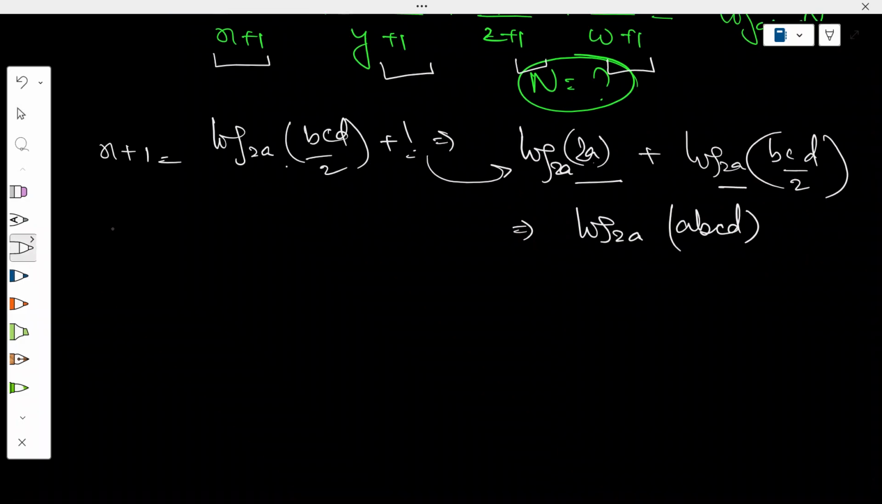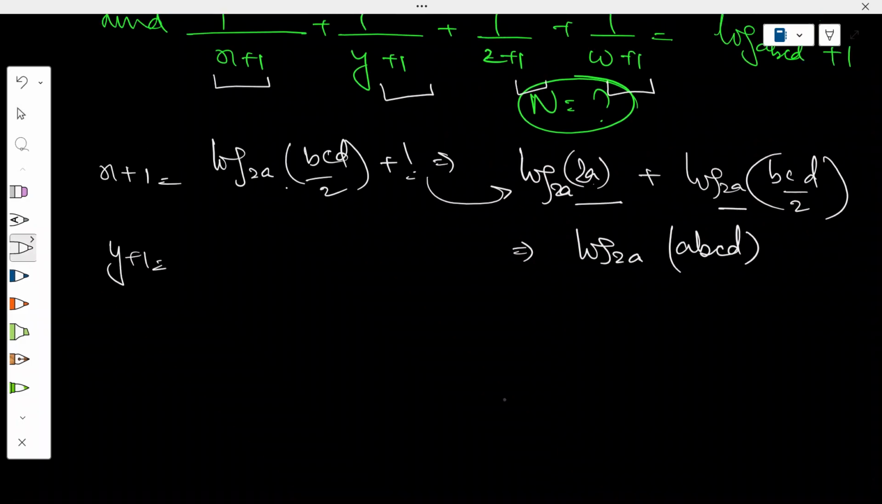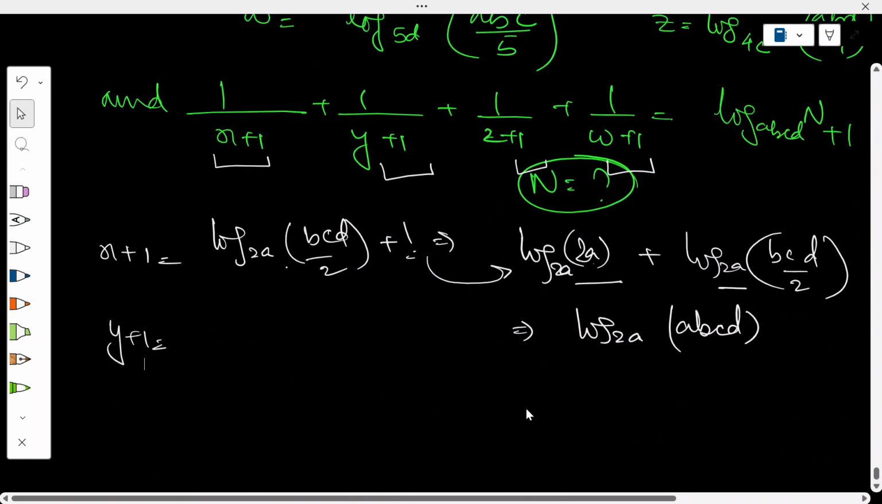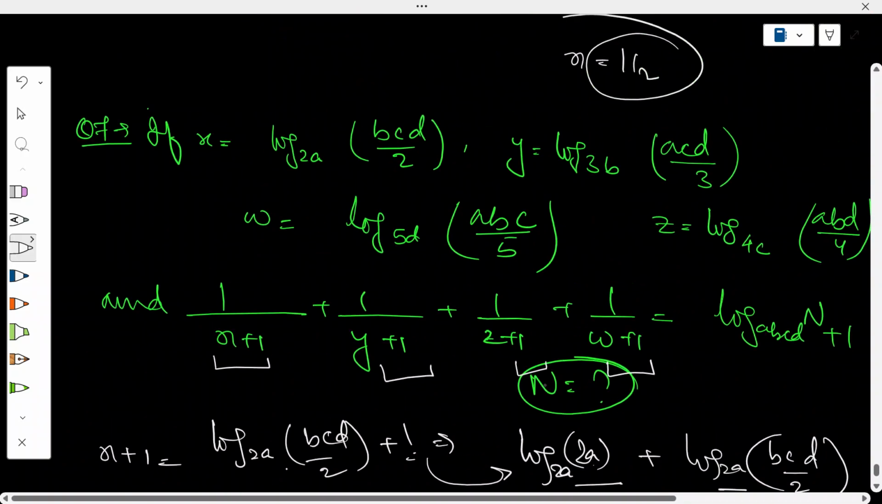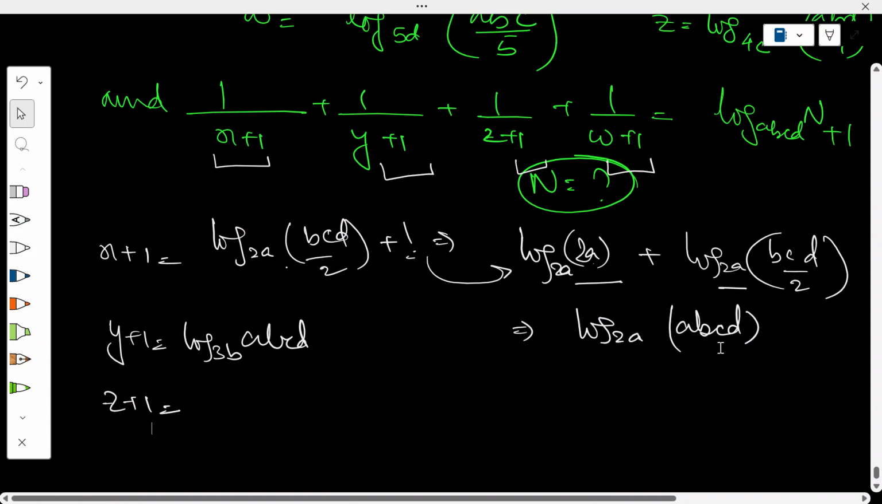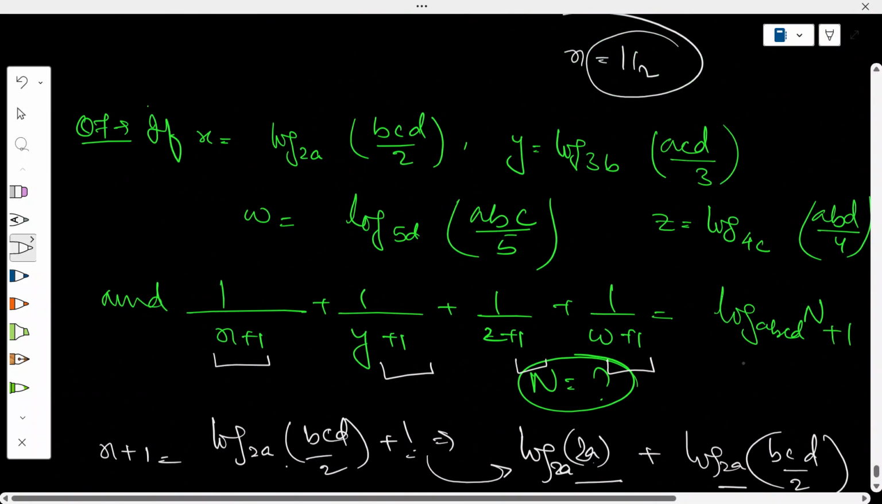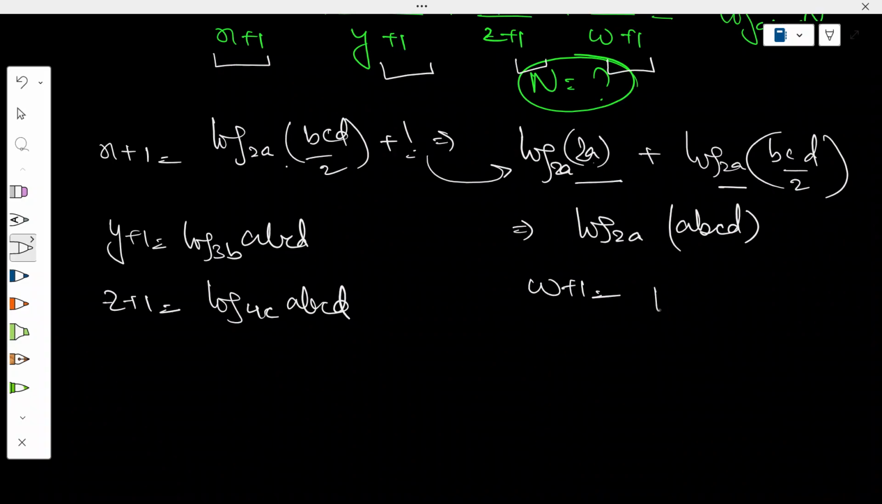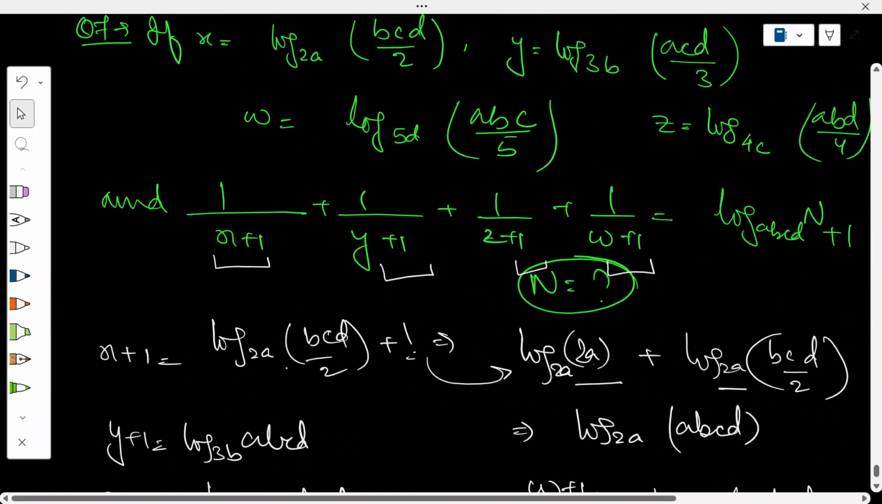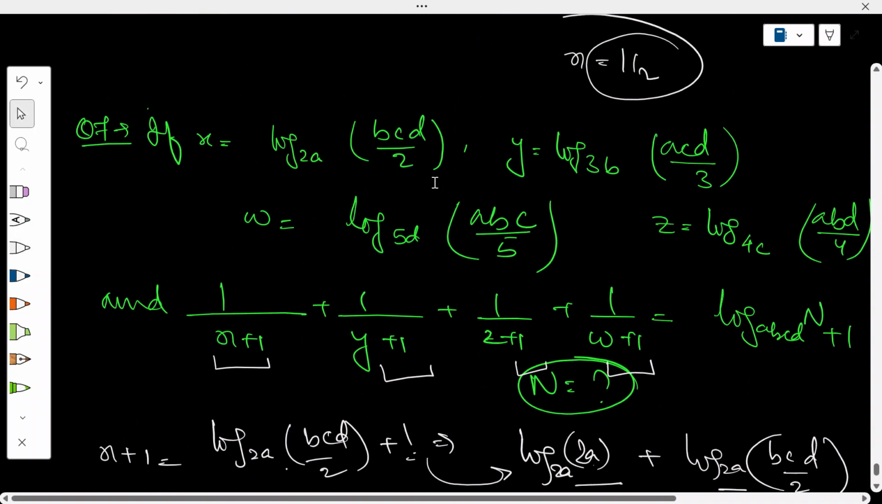सिमिलरली आप देख सकते हो y प्लस 1 की वैल्यू आ जाएगी log बेस 3b abcd। z प्लस 1 की वैल्यू सिमिलरली आ जाएगी log बेस 4c abcd। सिमिलरली w प्लस 1 की वैल्यू आ जाएगी अपने पास log बेस 5d abcd, क्योंकि जब हम 1 ऐड कर रहे हैं और log इसे w में लिखना है 1 प्लस w, तो log बेस 5d